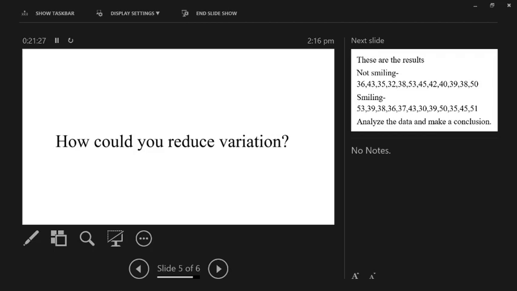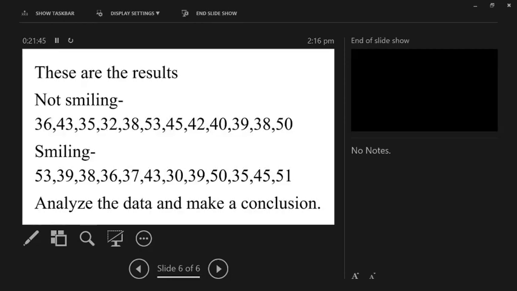Okay. So this experiment was an actual experiment that a student did and made a prediction, got some information, and got some results that I'm going to share with you now. So, here are the results. Now, if you can look at the data,